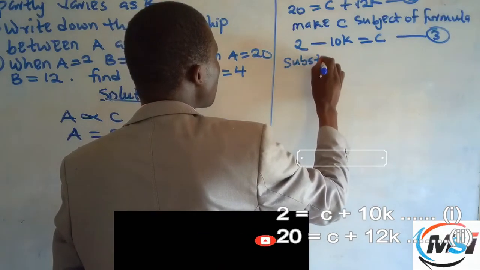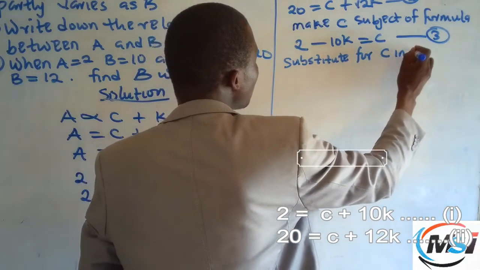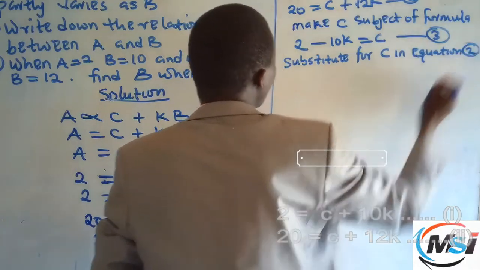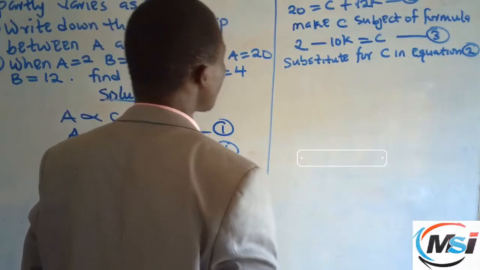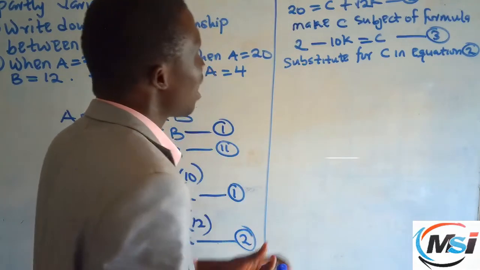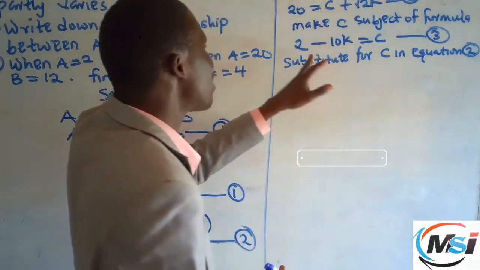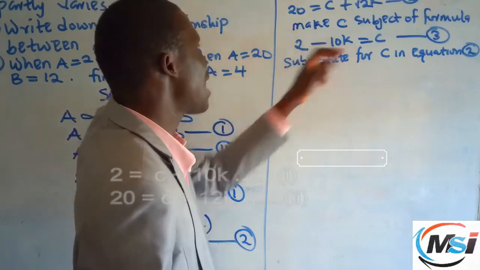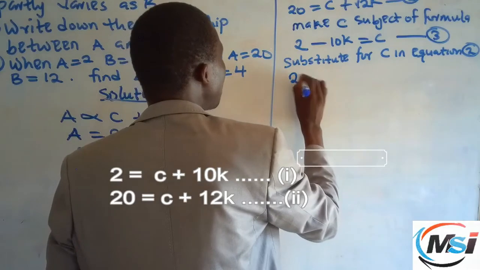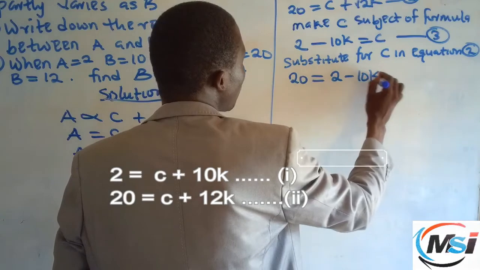Now substitute for C in equation 2. Substituting for C in equation 2, remember this is equation 2. And substitution means anywhere you see C in equation 2, you replace it with what? 2 minus 10K. So what we are going to have here is 20 equals C is 2 minus 10K